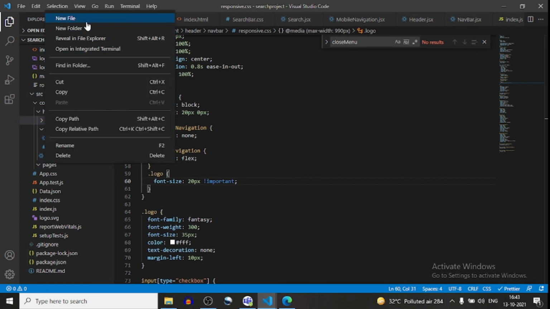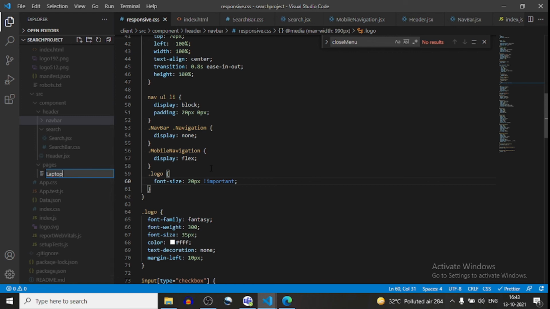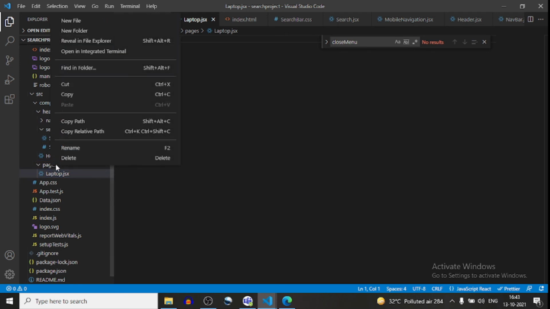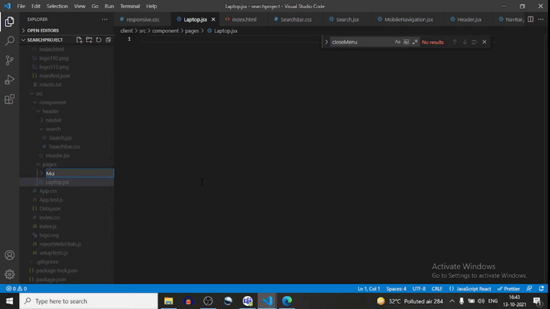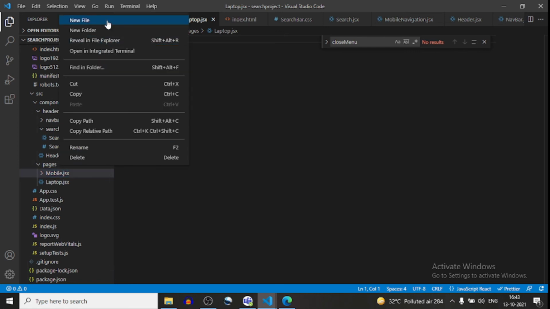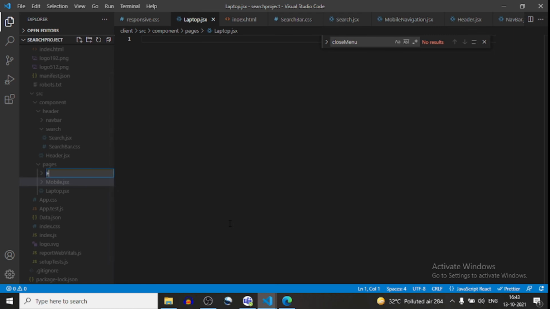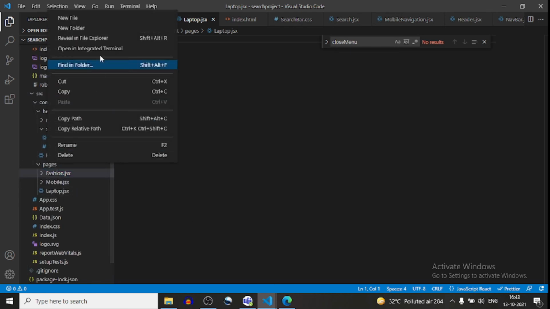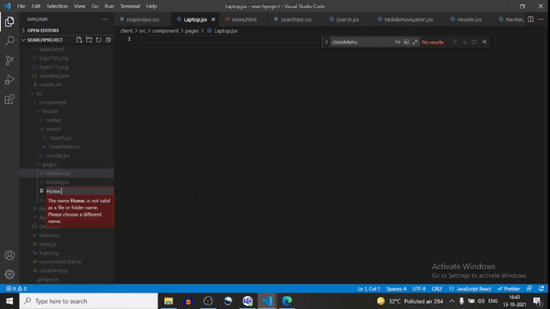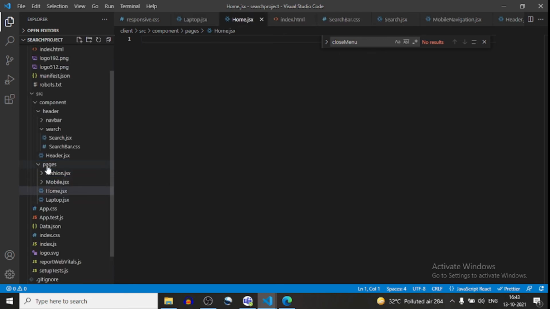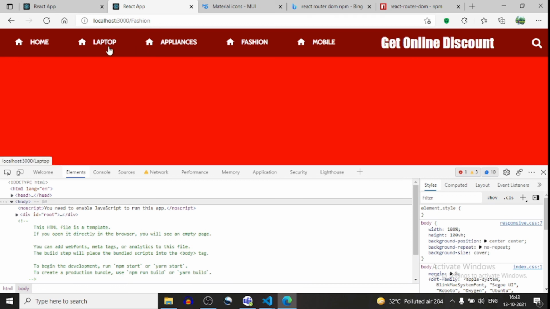Inside this I will create laptop.jsx. What was the last one? Appliances.